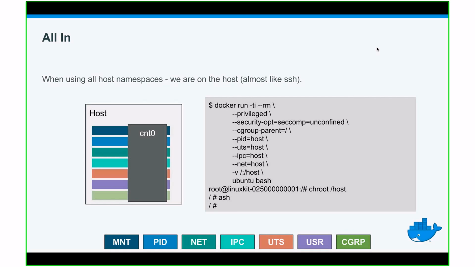And we use LinuxKit to create a very minimalistic image. And this very minimalistic image has no SSH. So if you want to get on top of this machine, you have to do this. And this is why I use it. So you can look at logs for the Docker engine by connecting to this thing.